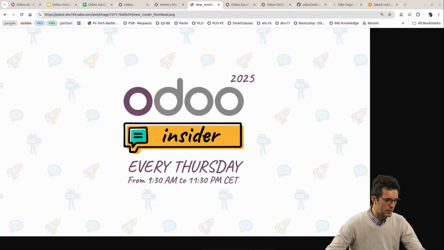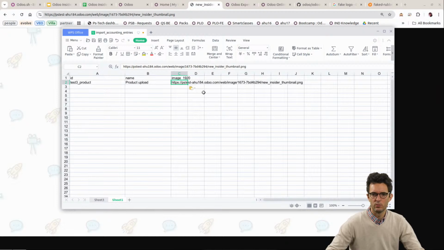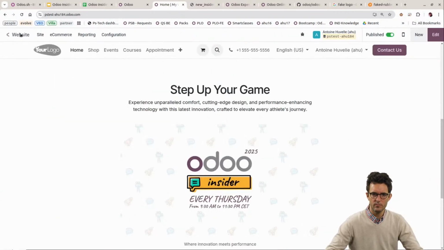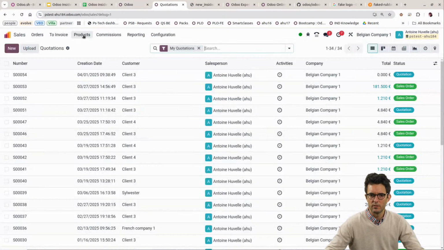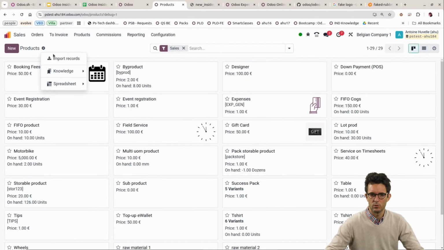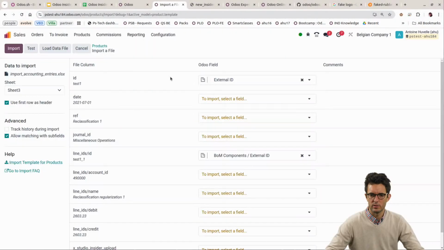So reopening the file that we've been playing with so far, and I'm going to reuse this one here, so that I shouldn't be having a second look at this one after. So importing, uploading my file,